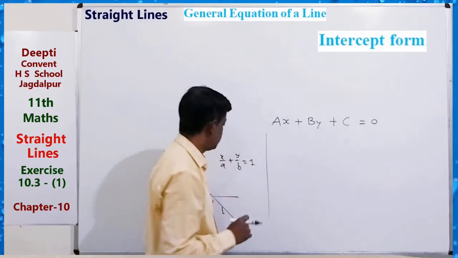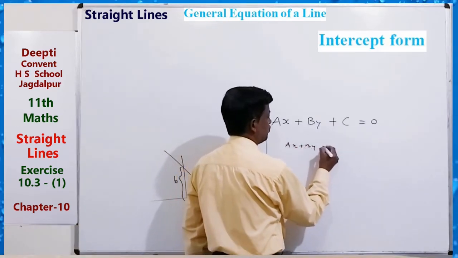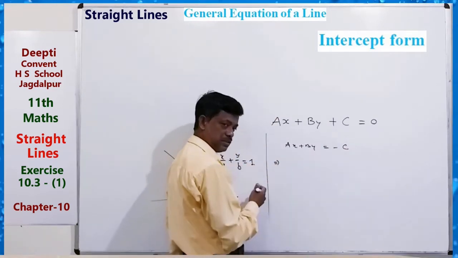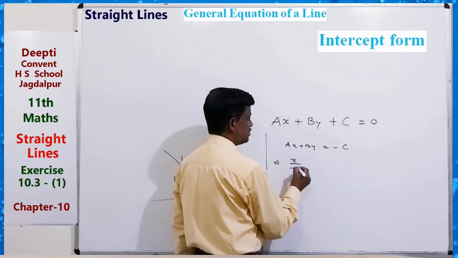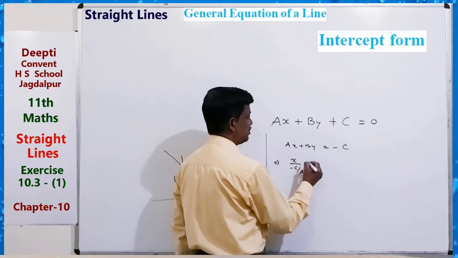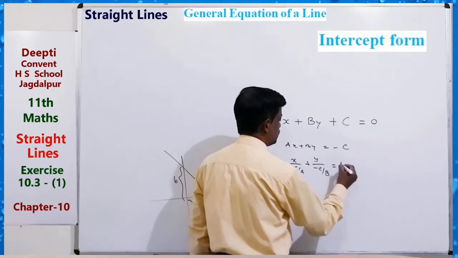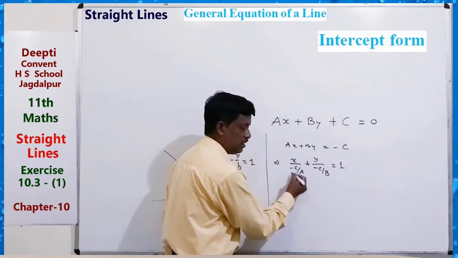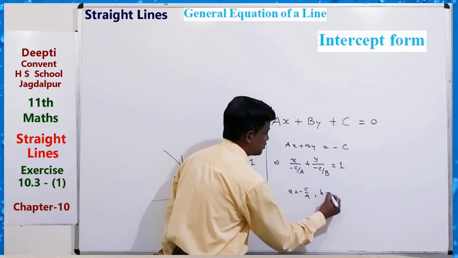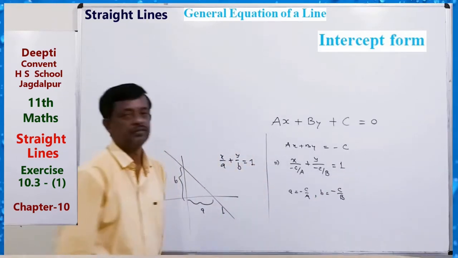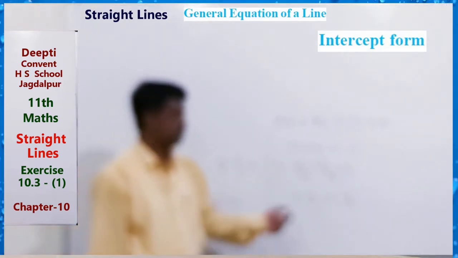For that, we require the right hand side to be 1. So here we can write ax plus by equals minus c. Dividing by minus c, we can write x by (minus c upon a) plus y by (minus c upon b) equals 1. So small a equals minus c by a and small b equals minus c by b. If this is a straight line, then you can convert it as x by a plus y by b equals 1, where a is the x intercept,